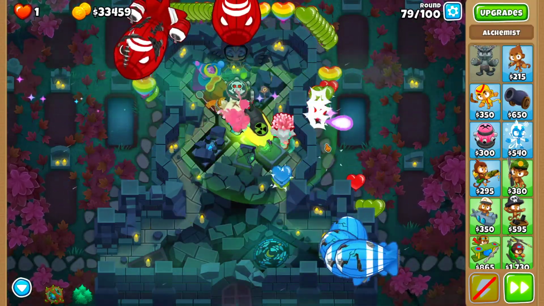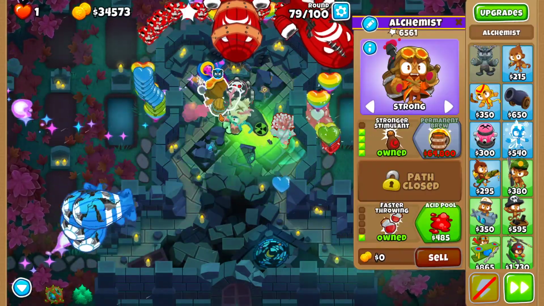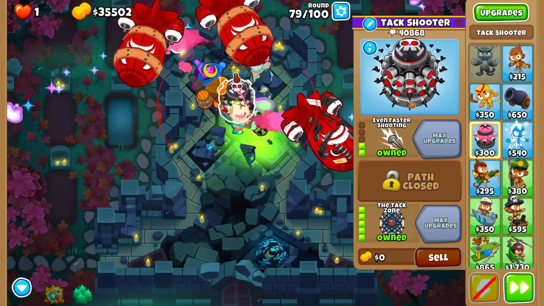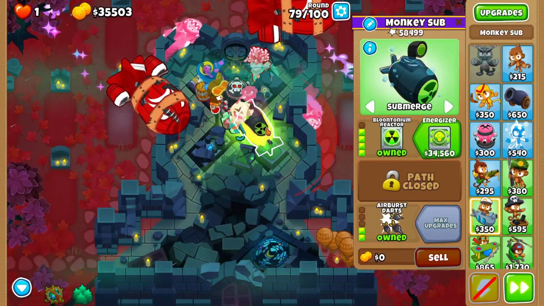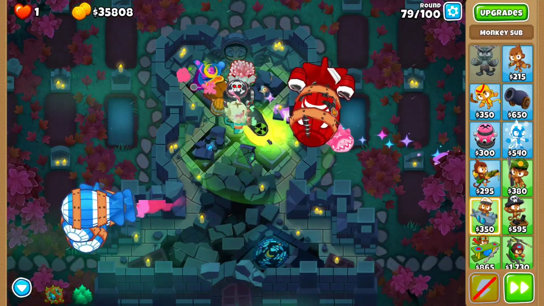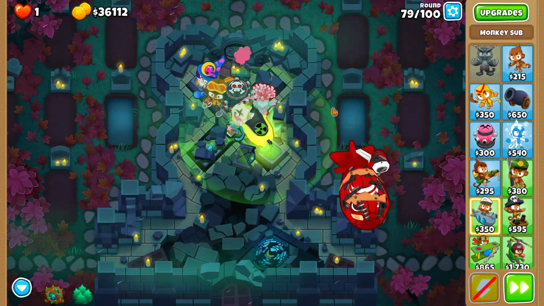I'm keeping everything on first, other than Obin, and I think the Alchemist. Like the Wizard is in first. Well, you don't even have targeting with the attack shooter, and the sub is in submerged. So you could try, if you feel like